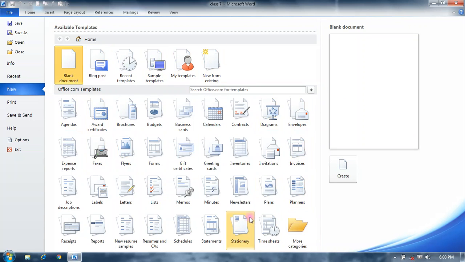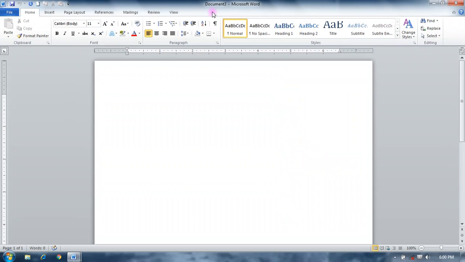There are different types of templates; you can click on Blank Document and click on Create, and it opens a new document.